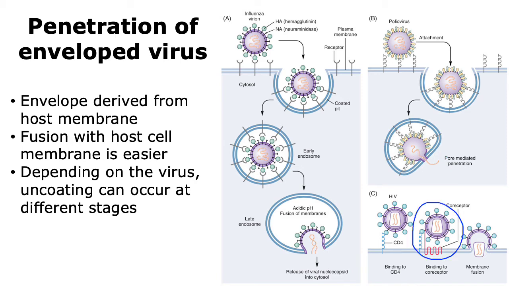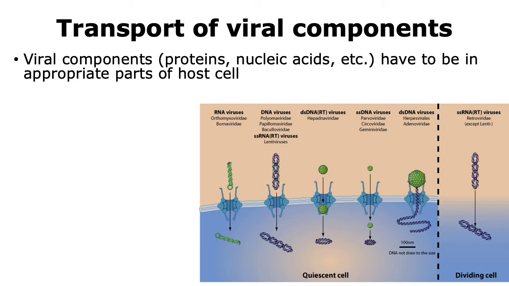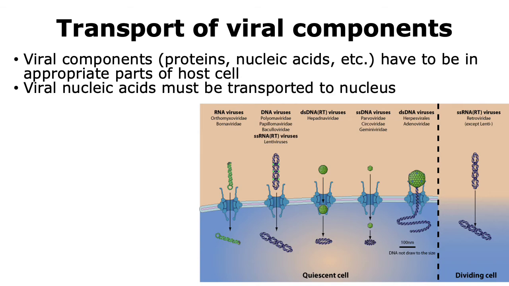In another example, we can have the enveloped virus interact with proteins on the plasma membrane of the host cell, and fusion can happen directly in the plasma membrane, thereby allowing the nucleic acids to go inside the host cell. During the process of viral infection, it is important for different viral components to be in the appropriate parts of the host cell. For example, viral nucleic acids must be transported to the nucleus of the host cell for a